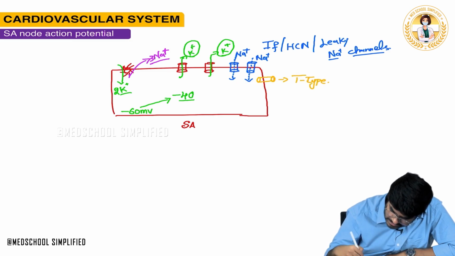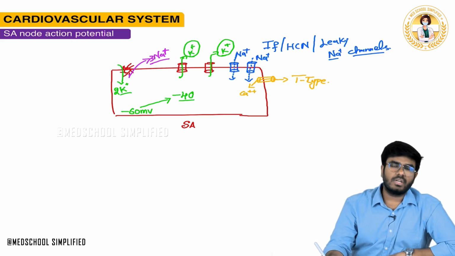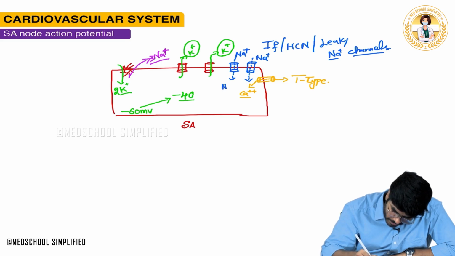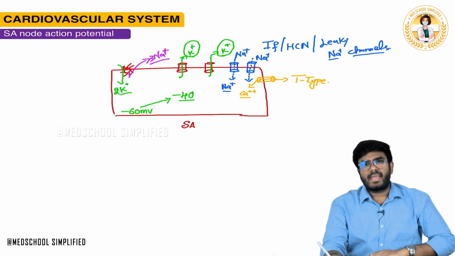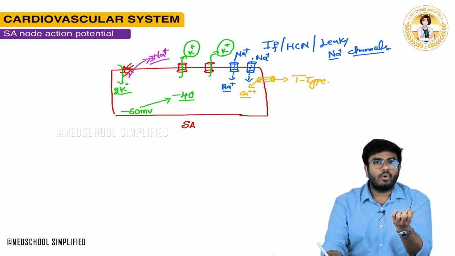T-type, T means transient calcium channels. Even via these transient calcium channels, some amount of calcium will also come. Now calcium is also a positive charge. Sodium is also a positive charge. So as the positive charges are coming into the cell, into the SA node, now the cell will undergo